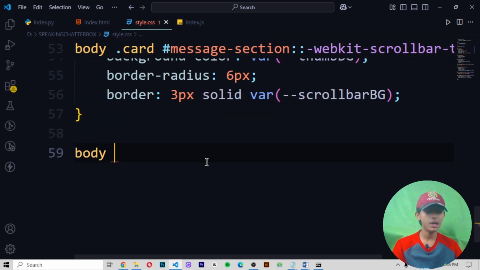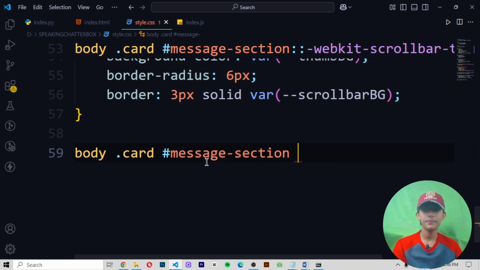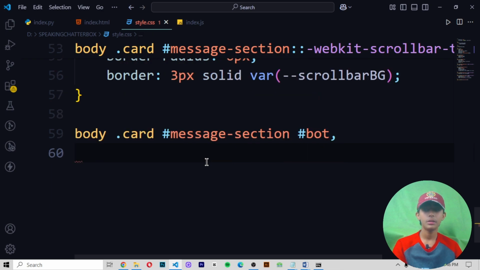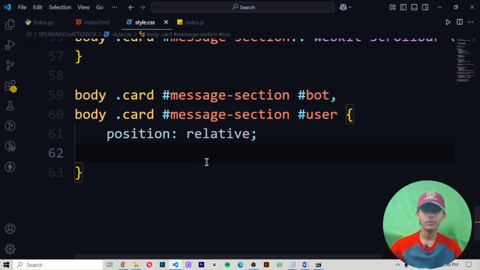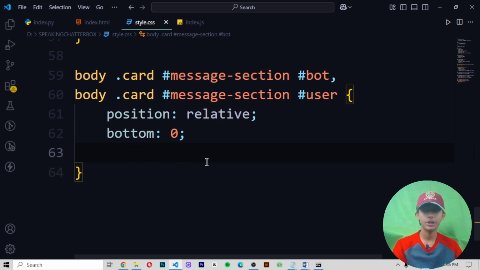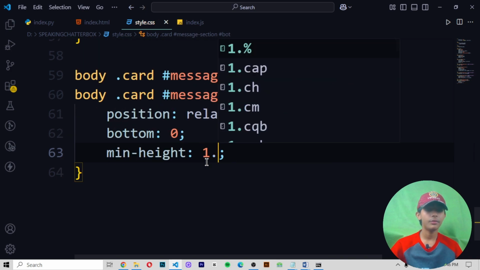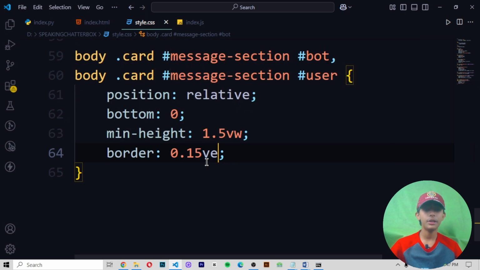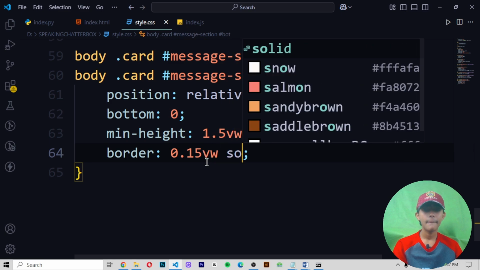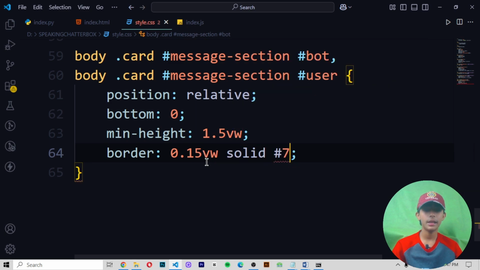Body dot card slash message slash section slash pod comma body dot card slash message section slash user. In it, give the position relative, bottom 0, min height 1.5 VW, border 0.15 VW, solid hashtag 777.